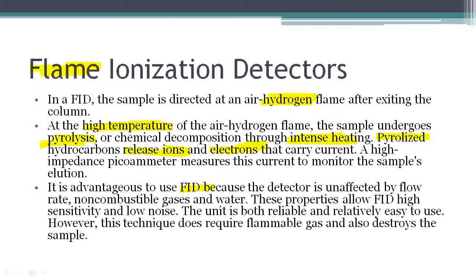It has a very high sensitivity, and it has low noise. What is noise? Noise is an unwanted signal that we sometimes get in the graph due to impurities and so on, but in this there is nothing like that. And it is very reliable and easy to use. It just requires a flammable gas, for example hydrogen. Hydrogen is a very dangerous gas. You have to burn this, so it is a bit dangerous. Danger, hydrogen gas. That way you can remember.